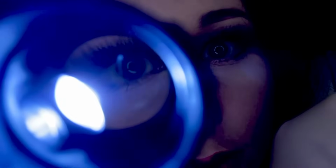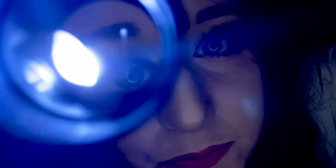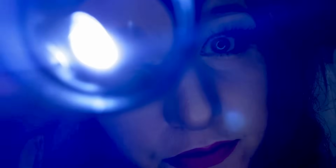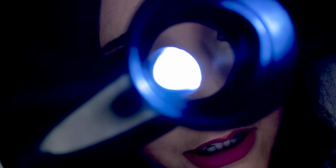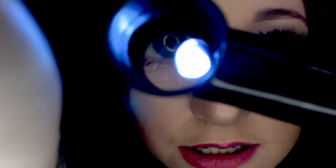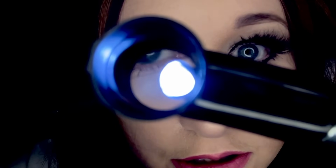And look down. Good. To the left. I'm seeing a lot of irritation. Right. Very good. Okay, go ahead and blink for me. Noticed your eye was getting dry immediately. That's just because of the debris that's in it. Okay, so